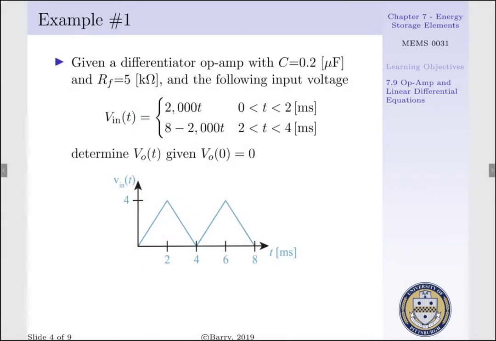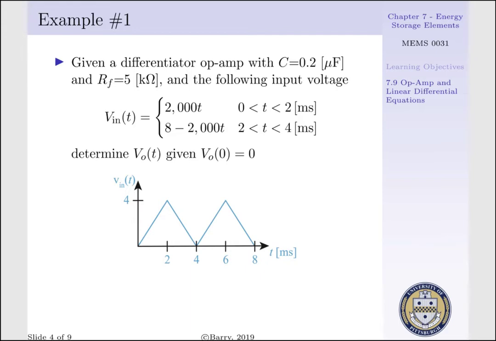Now say we're given a differentiator op-amp where capacitance is equal to 0.2 microfarad and our feedback resistance has a value of 5 kiloohms, and we have the following input voltage. V in of t is equal to 2000 t in between the times of 0 and 2 milliseconds. Then thereafter, it is equal to 8 minus 2000 t between the bounds of 2 and 4 milliseconds. We want to determine our output voltage given our input voltage at time t equal to 0 is equal